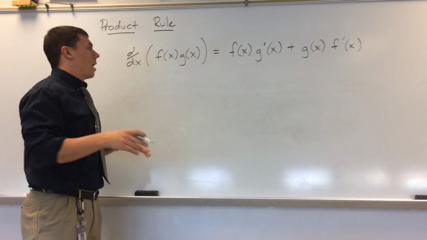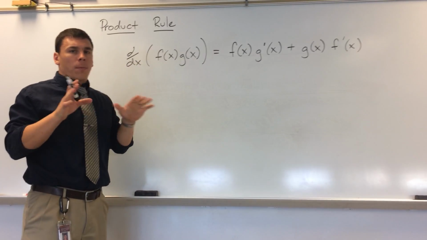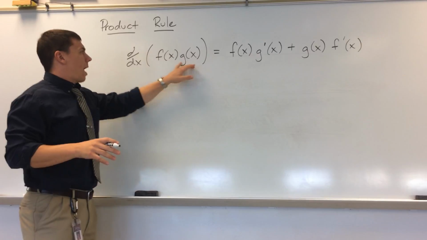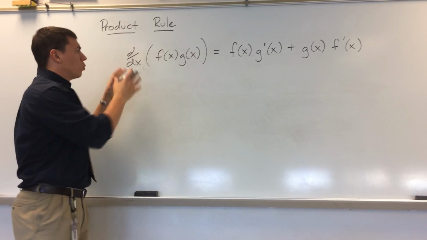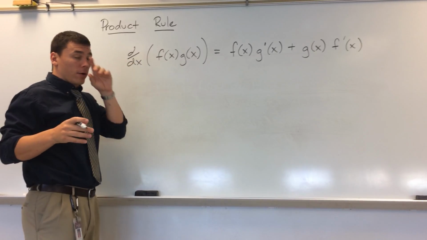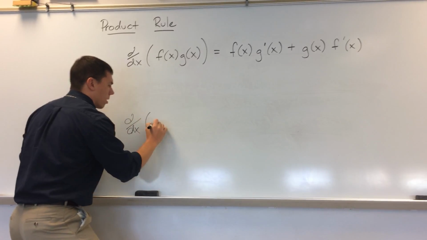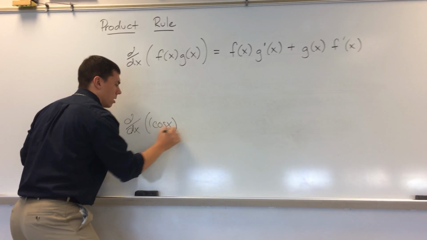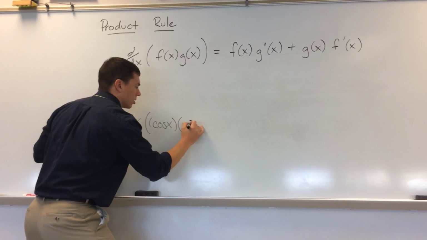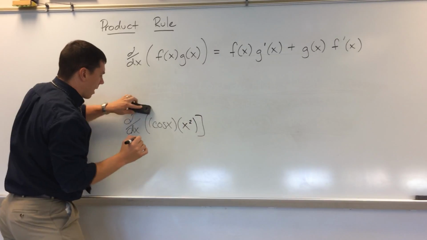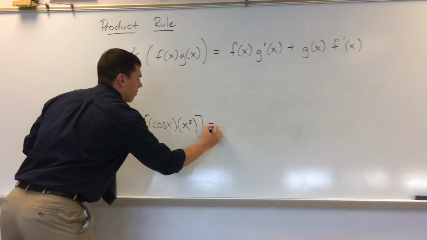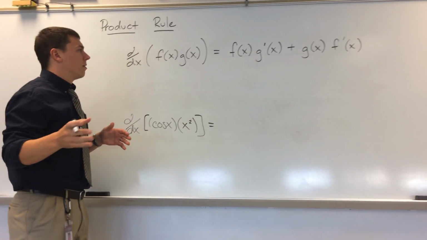So if you're watching this right now, you've probably seen the power rule, maybe a couple of the derivatives, but so far we haven't come across functions like this, and that's one sort of mini function times another. For instance, if you had the derivative of cosine x times x squared, we'll make that a bracket instead. So if we have something like that that we need to find the derivative of, how are we going to